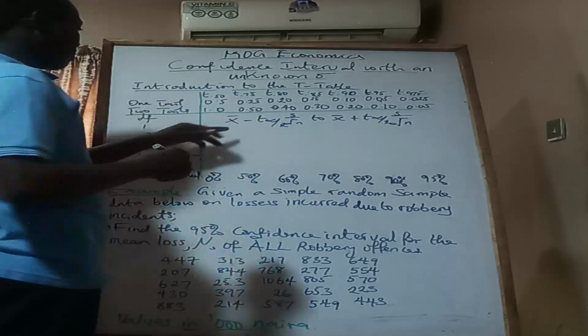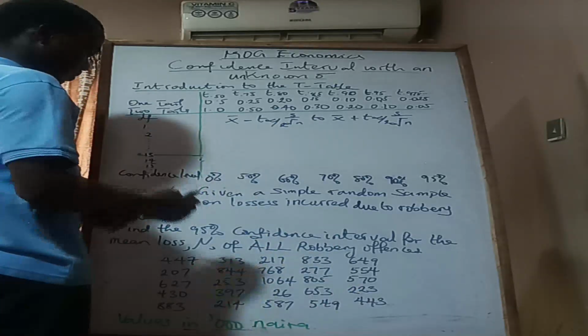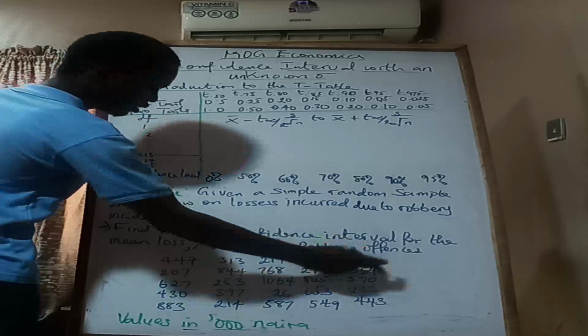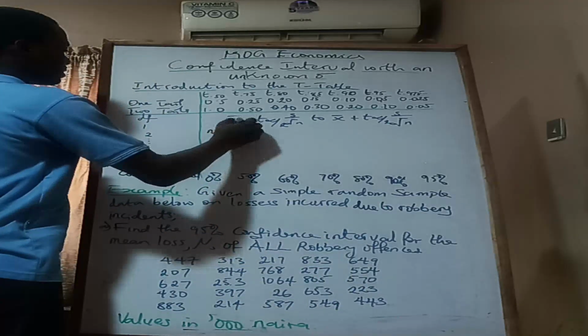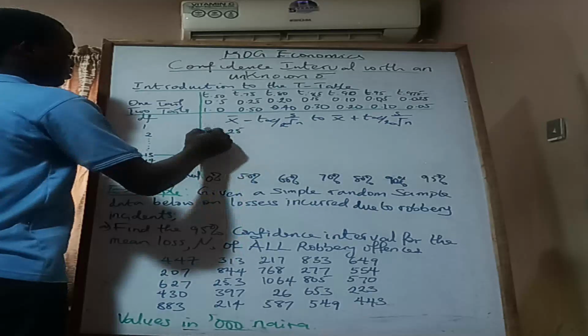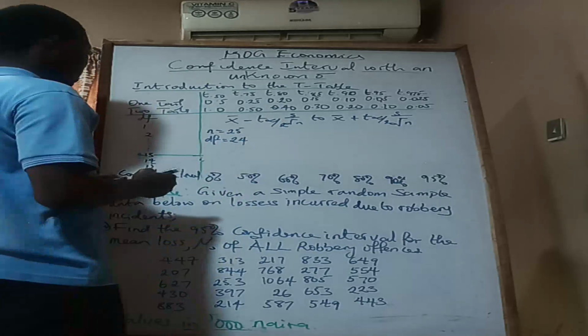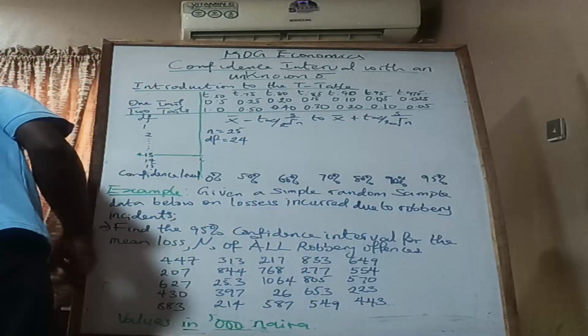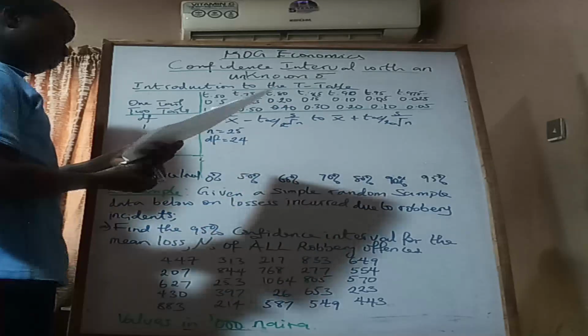So, which means that our mean, add up everything, then divide it by 25. There are 25 of them. 1, 2, 3, 4, 5. So, n is 25. So, automatically, degree of freedom is 24. Then x bar, I can't solve that here, so just do the addition, do the whole thing, and then you should get